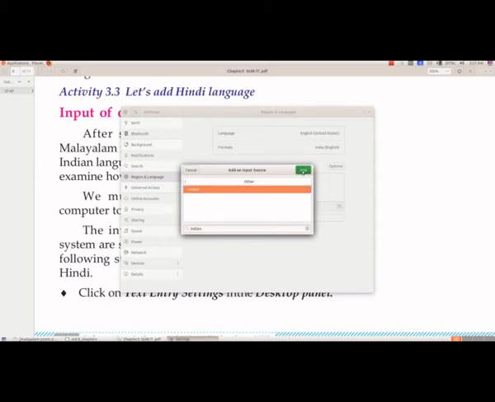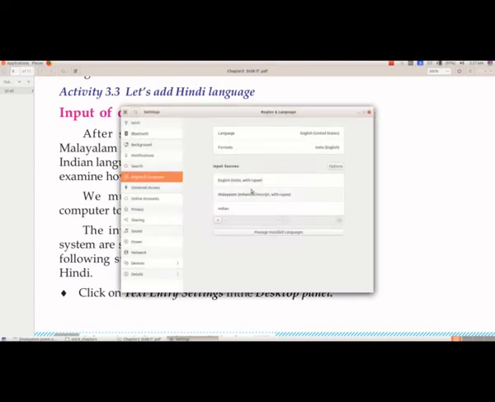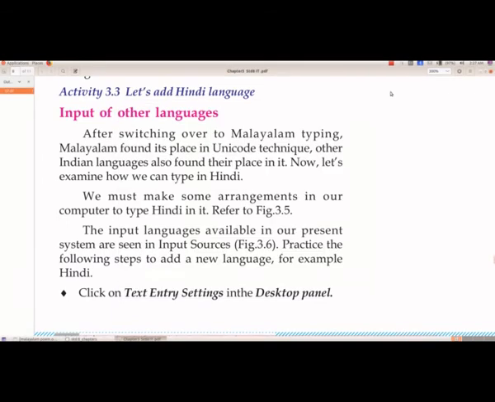And now we have to select this Indian, and then we have to select add. And now under the input sources we got English, Malayalam and Indian.